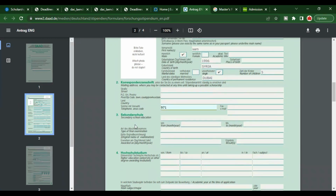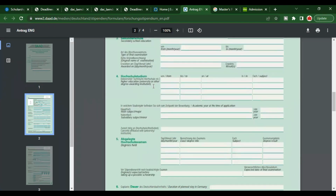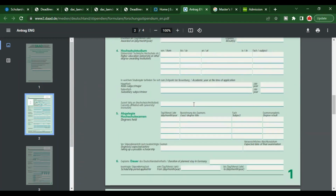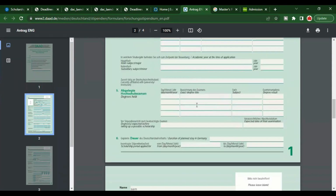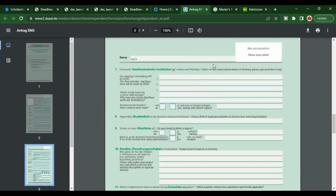And then let's scroll down a little bit. The higher education, university, or other degree. You have to mention all that, of course. From, to, and which university. And then "Fach," which means the subject. And then we scroll down, degrees held. You have to mention everything like the day, the month, the year, and the title, the subject, and degree result. Scroll down